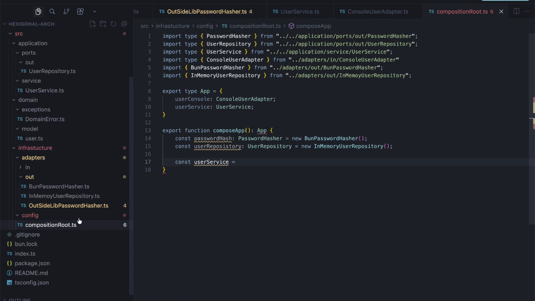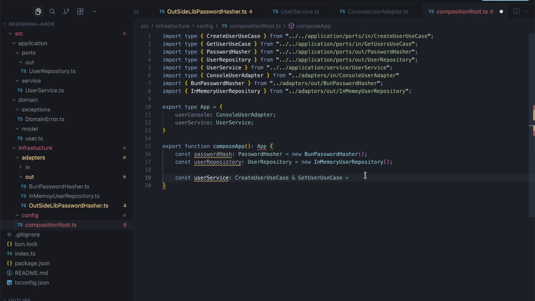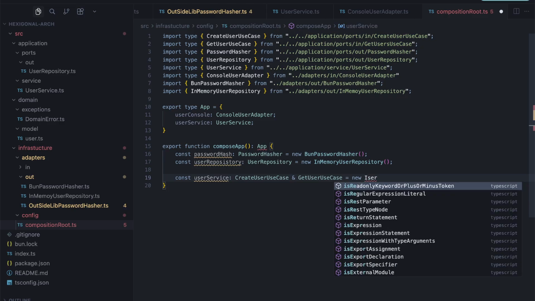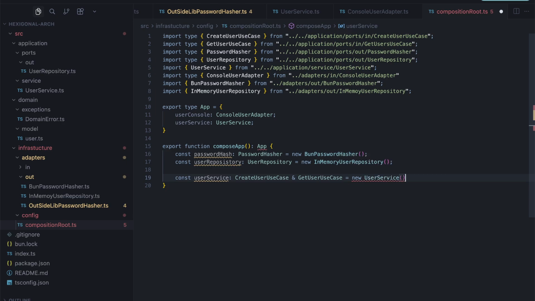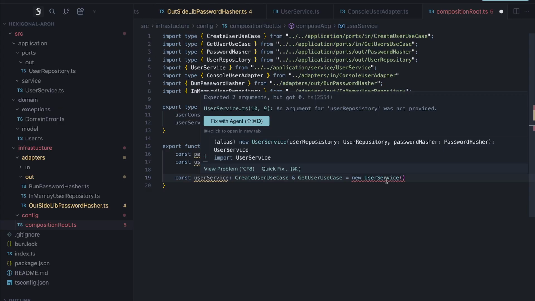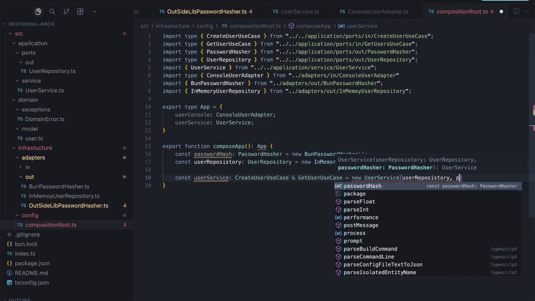So how do we join these? It has a repository and a password hasher,